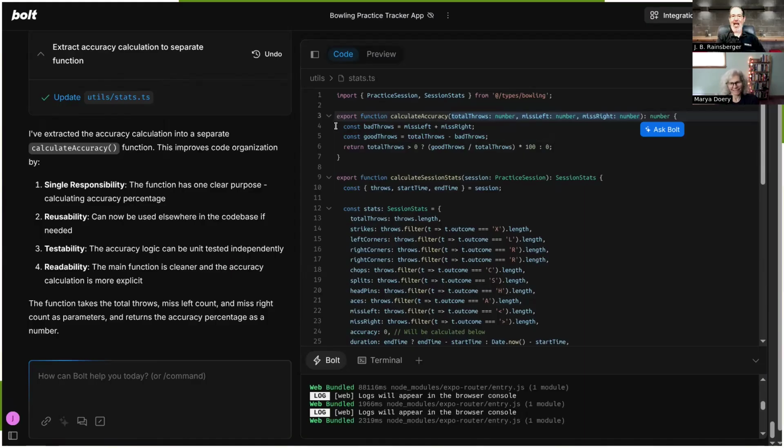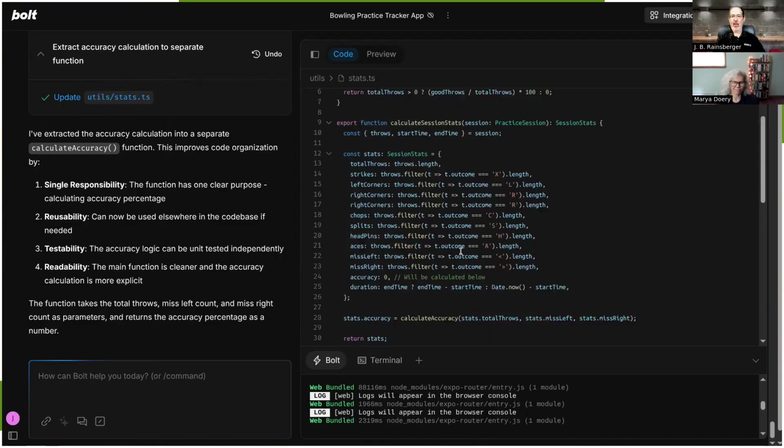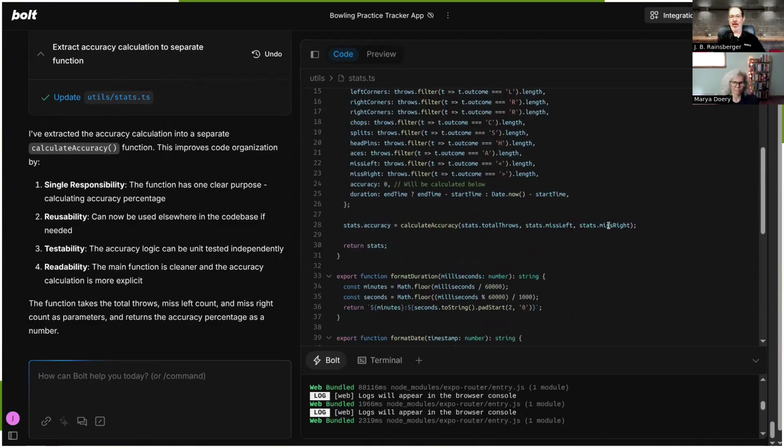It seems to me that choosing which kinds of throw outcomes are misses is a decision that calculate accuracy should make. And just by passing those arguments separately, this function is subtly making that choice.